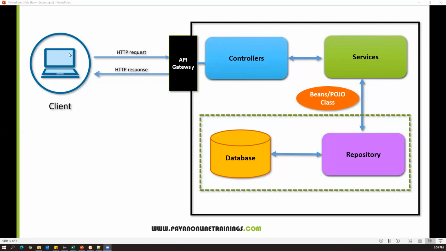So for example, when I send a get request, and the API is triggered, from the controller class, let us say we have a get mapping method, and that particular method will be invoked, and that method will get the response from the service. The request will be sent to the service, and the service will provide the response, and the same response will be provided to the client. So all the controller methods or mapping methods work based on the service. If the service is not available, the controller methods alone cannot do anything. Okay, so the service will be there.